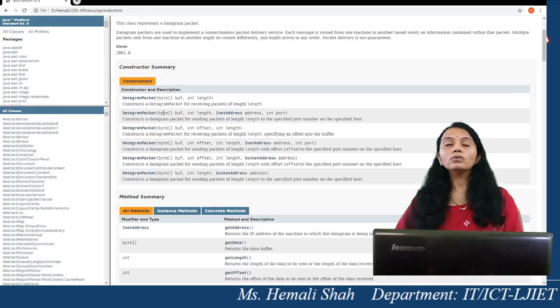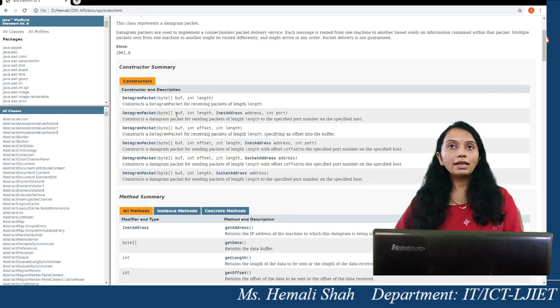And whenever you want to send some data, at that time you have to fill your DatagramPacket buffer with data using these four parameters. Why these four parameters? When you want to send something, you have to specify the address of the node as well as the address of the program, and what data you want to send. So for that, we will use this four-parameter constructor when we want to send something from the program.